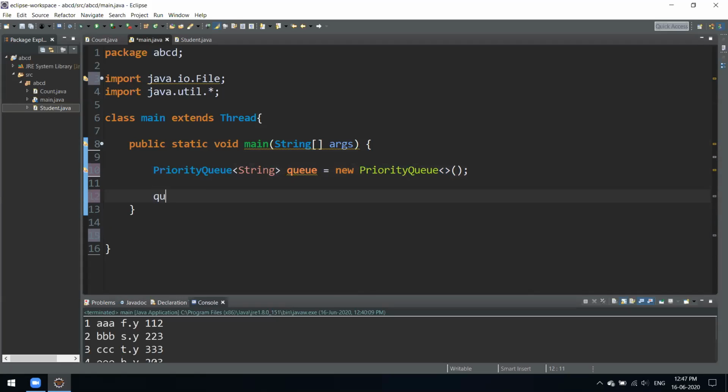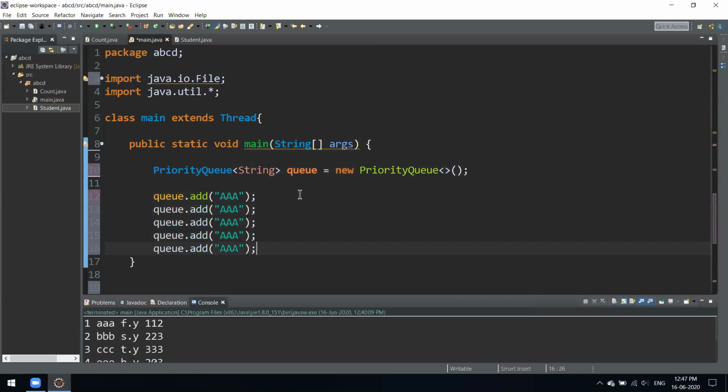Simple. Queue dot add, we have a method over here, same thing. You can have any number of them. So this is how we add.